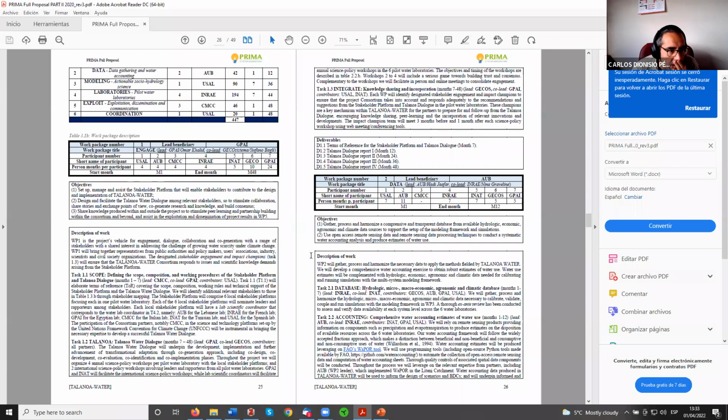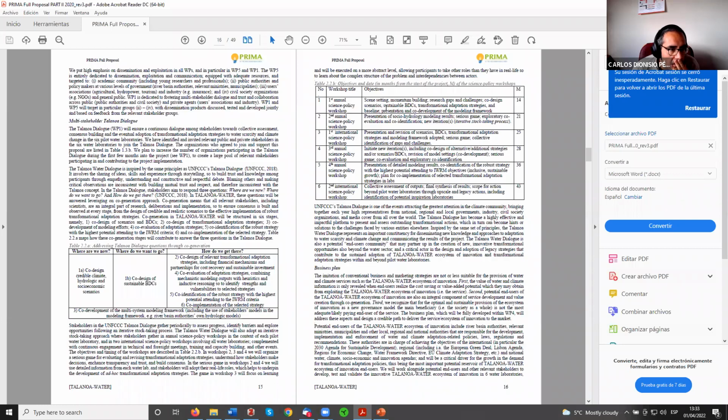Let me check, so I'm just taking a look at the grant agreement. So it's, yeah, identify research gaps and challenges. So basically the policy, and co-design the scenarios. Also, the scenarios should include the maximum amount of water that they are planning to use, so what are the constraints that they are going to impose on water to achieve their goals. The policy they design as well, and the baseline, and the modeling. So these are the things that we are expected to discuss in the first workshop. Everything is in the proposal on page 16, in table 2.2b. I had a look at it.